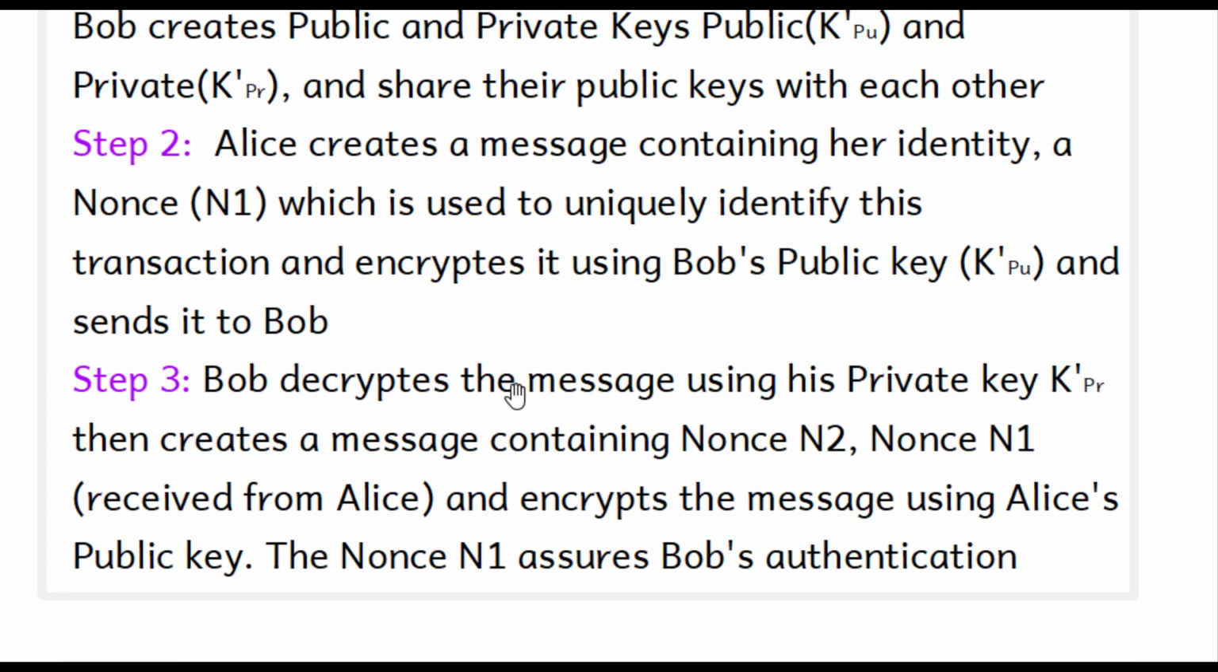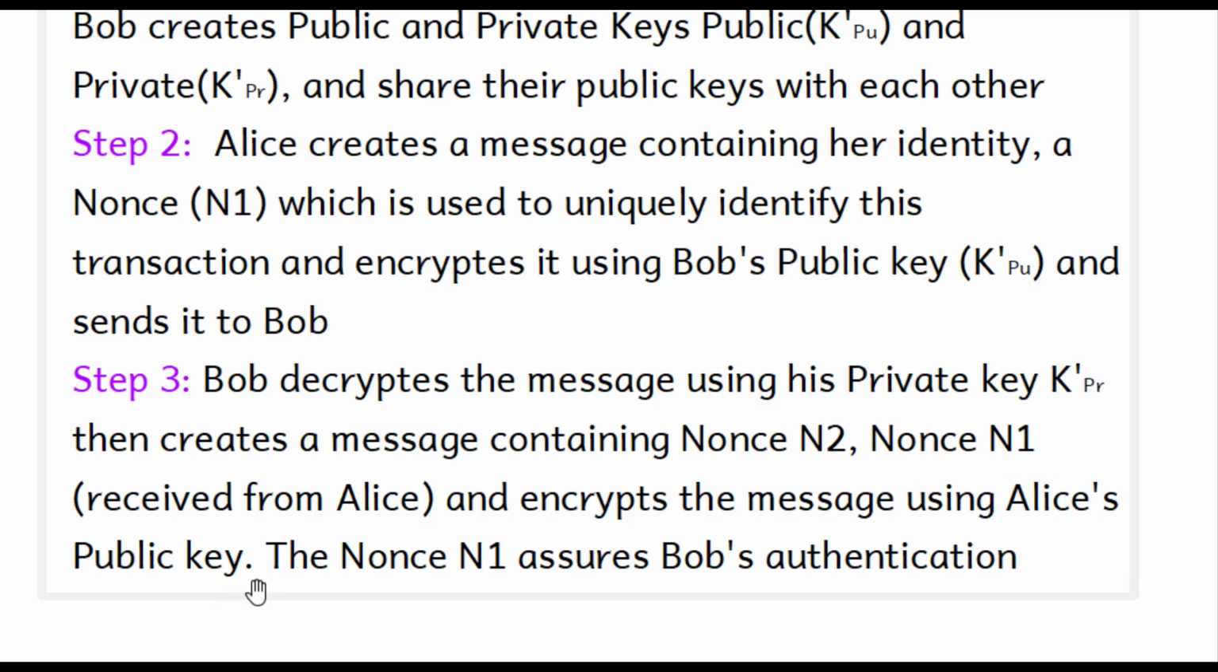Now in step 2, Bob decrypts the message using his private key, because this was encrypted using Bob's public key, so it can be decrypted using Bob's private key only. After decrypting, he gets two things: one is N1 and the other is Alice's identity. So what does Bob do in this step? Bob creates a message containing nonce N2 and nonce N1. Because N1 was received from Alice, he has to send that back, and he encrypts the entire message